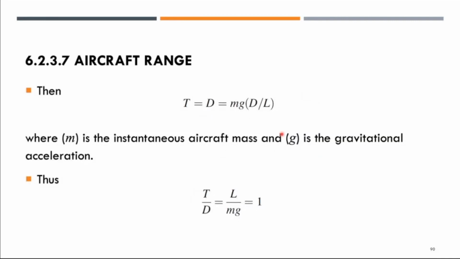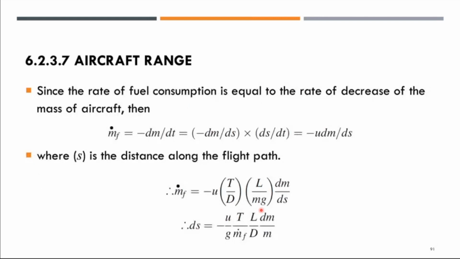Then what we can say is that T, the thrust, equals the drag, mg times d over L, where m is the instantaneous aircraft mass and g, of course, the gravitational acceleration. Thus, we can rearrange this equation to this expression. Since the rate of fuel consumption is equal to the rate of decrease of the mass of the aircraft, then